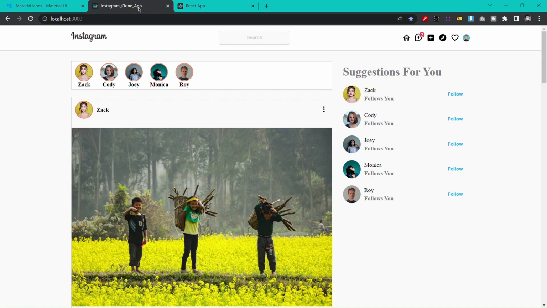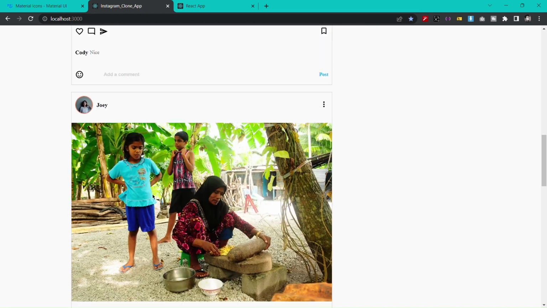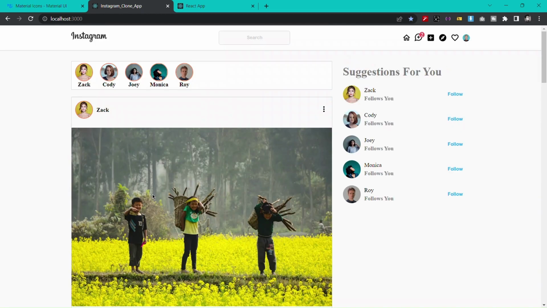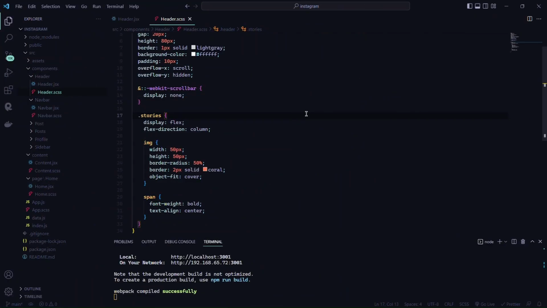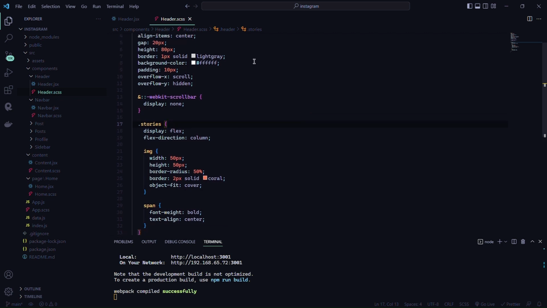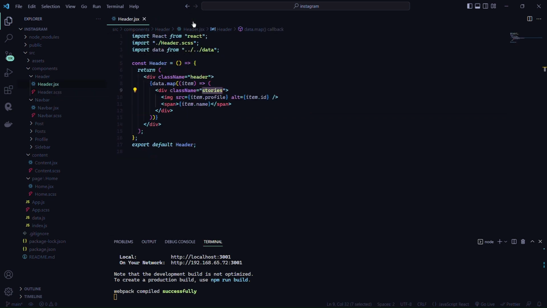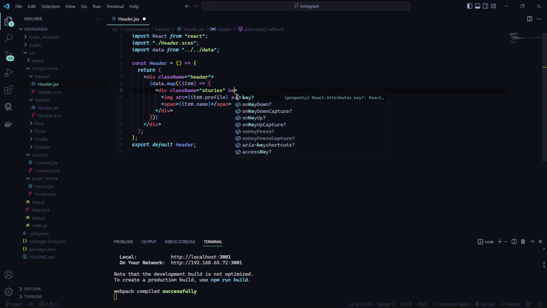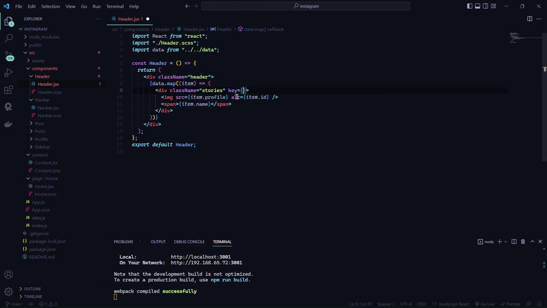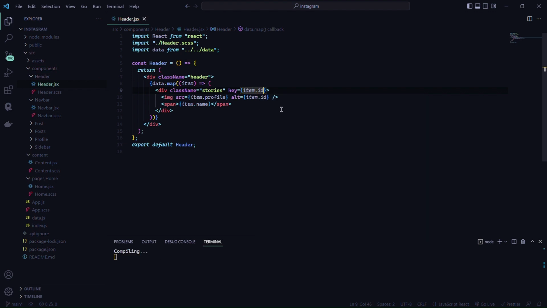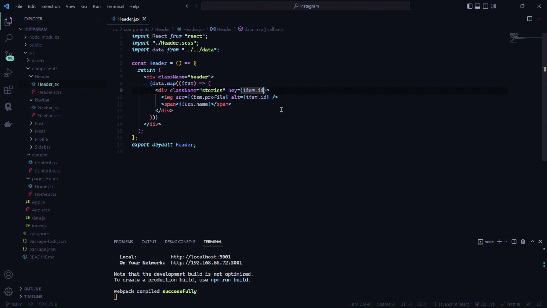Now we have to make these posts, and this sidebar. So let's first build this post. We just created our posts component, but we have left one thing, which is key and item.id. It is necessary in React, otherwise it gives an error in the console. So let's come in